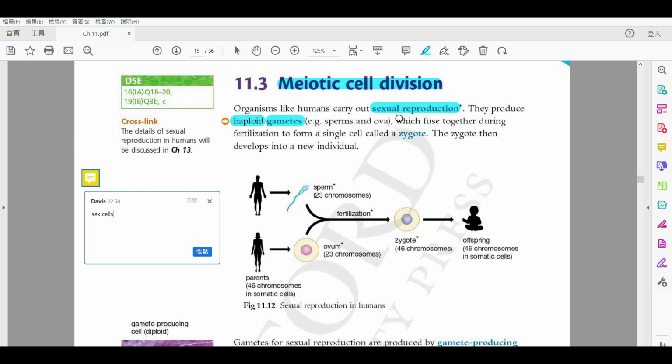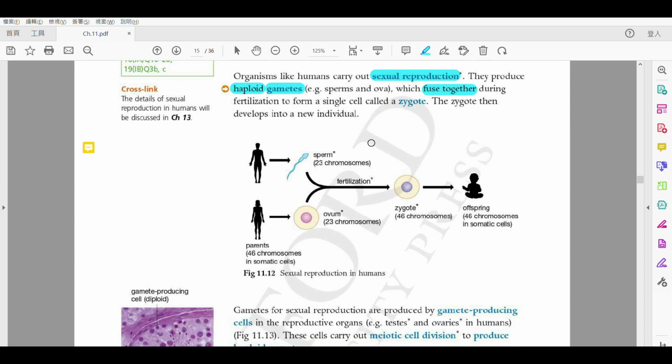One more word we need to know sooner or later, 咁即將要學識啦, is that the sperm and ova will fuse together. You may also say join together, but it is better to use fuse together, 呢個比較好嘅字啦，得唔得？ They will fuse together during this process, 呢一個過程就叫做 fertilization, 受精, and they form a zygote, 咁就係合子啦。